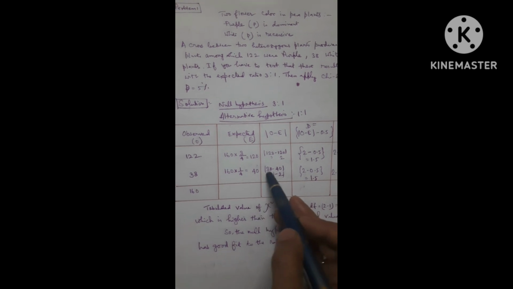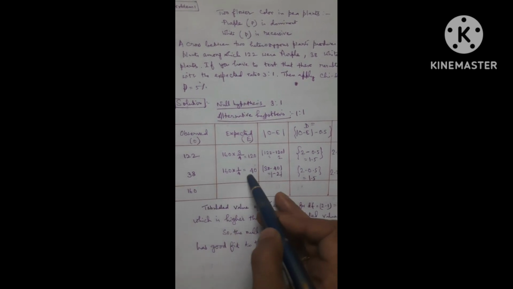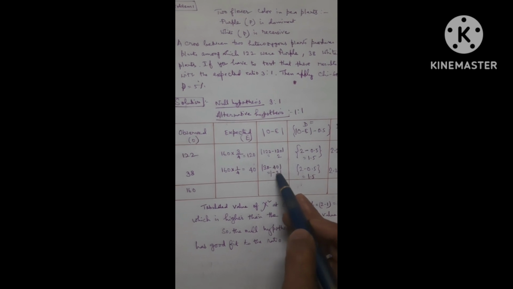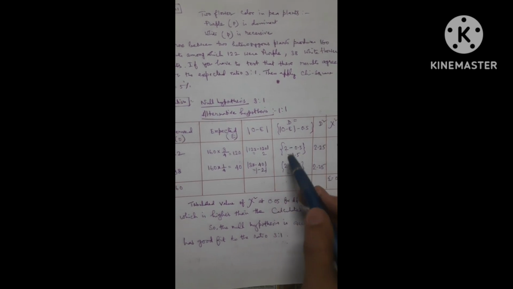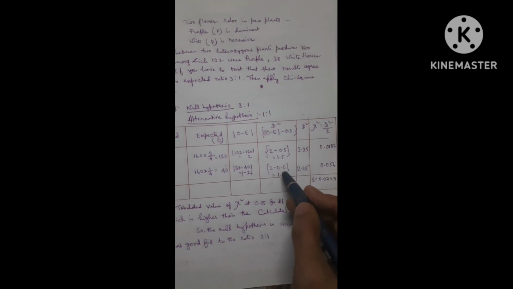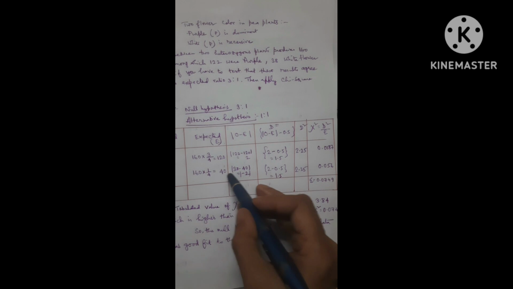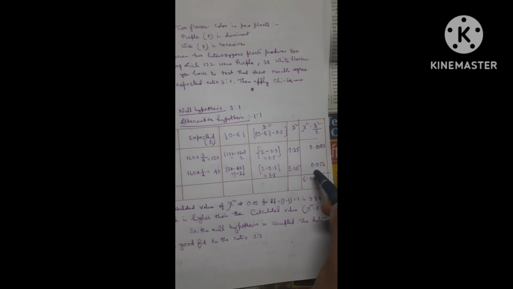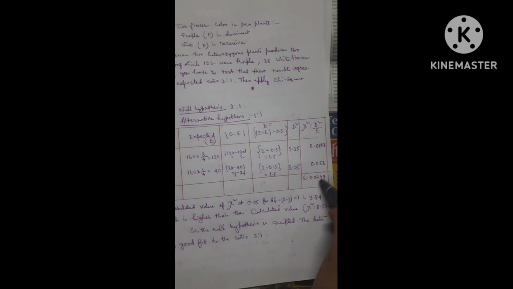O minus E means here O means 38, E means 40, minus 2 within mod. Okay, now O minus E minus 0.5 means 1.5. Now D square is 1.5 whole square. Now D square by E means 2.25 by 40, you will get this one. So the summation of these two, 0.017 plus 0.056 is equal to 0.047